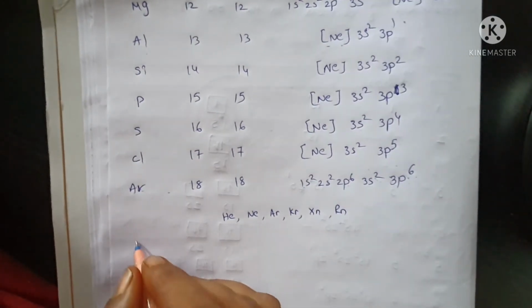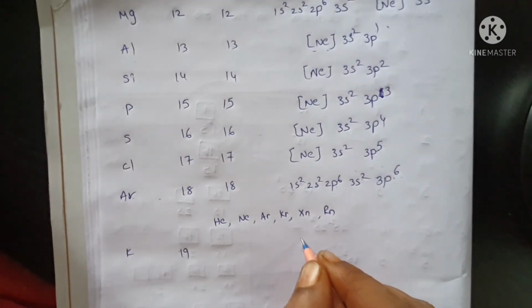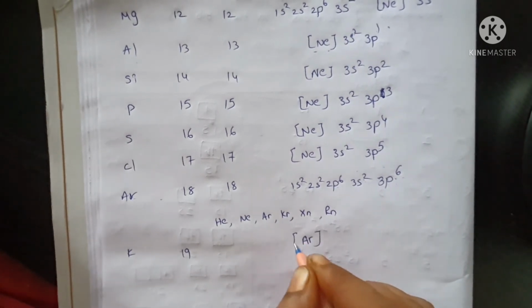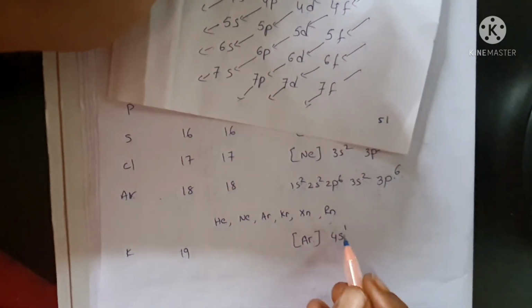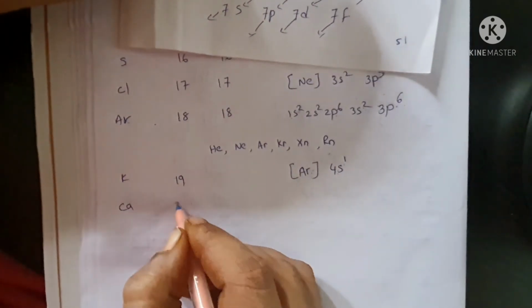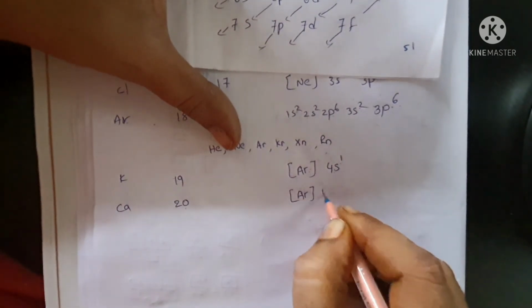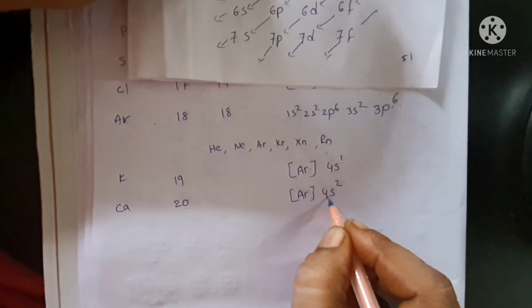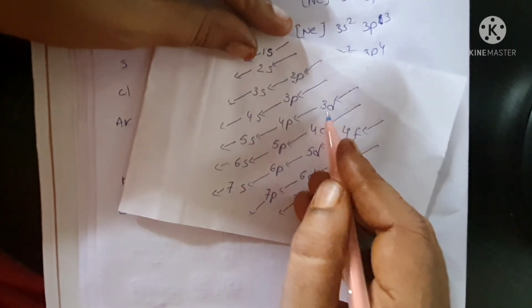And what is the next one? Potassium, atomic number 19, and we will write like this: argon is 18 plus the next coming electron after 3p, next 4s. The next coming electron enters into the 4s level. And then calcium. What is the atomic number for calcium? 20. We will write simply like this: argon and 4s2. So this is also completely filled. After 4s, the next coming electrons enter into the 3d level. Okay, next